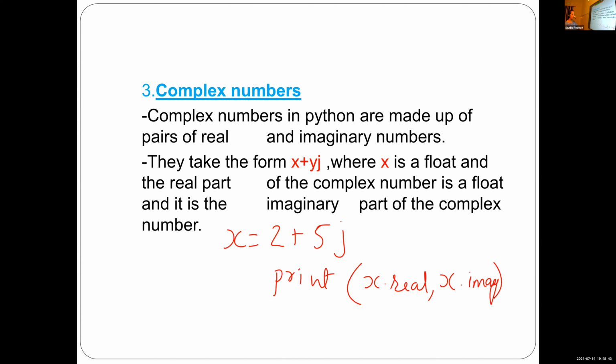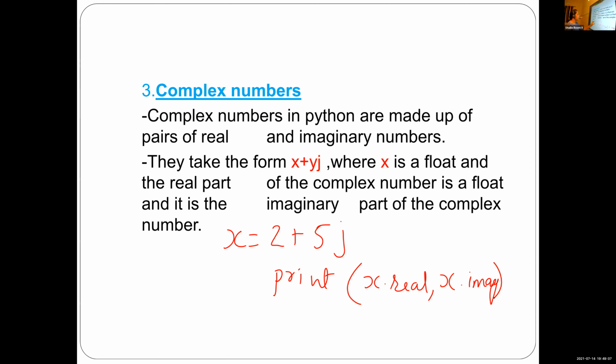This is the statement for printing real part and imaginary part. If you want to print the real part, we want to write x dot real. x is the name for this complex number. x is equal to 2 plus 5j means this complex number, I am giving one name, that name is x.